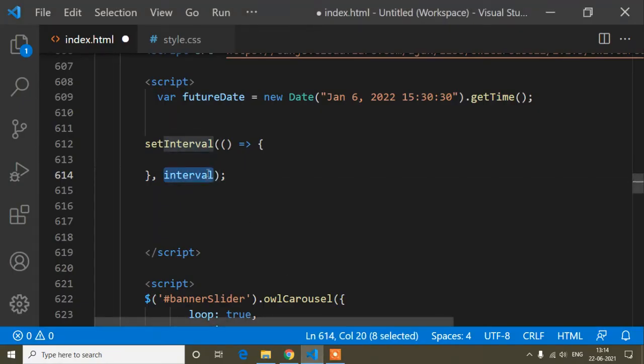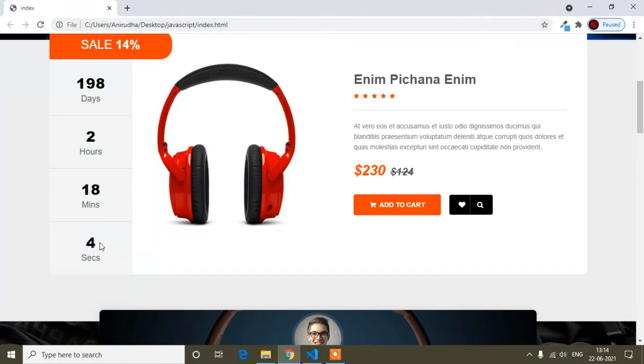Here you have to pass the value in milliseconds, not seconds. So I will pass 1000 milliseconds, which means 1 second. So every 1 second the page will be refreshed, and that time I will get the count of seconds.